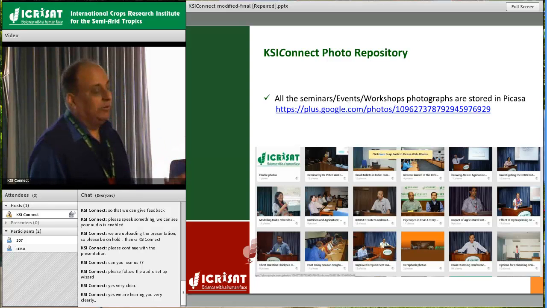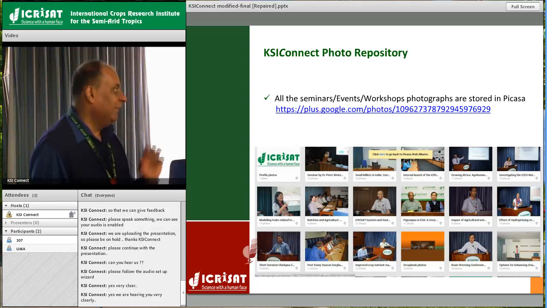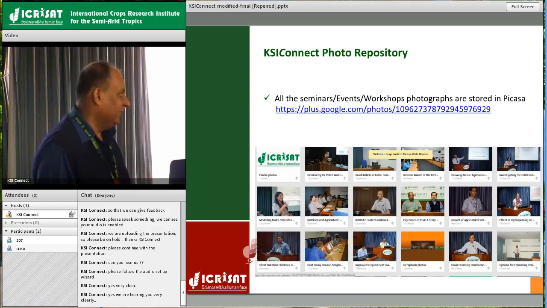Then the organization has to decide what type of material they will put on Facebook. ICRISAT is making most of the news things, such as launching of something, available on Facebook. You mentioned another thing, Skype. People can use Skype if they have to talk using audio or video. But if you have to do something very seriously, people don't recommend Skype. The quality of video and recording will not be there. I am not an authority, but this is my experience.